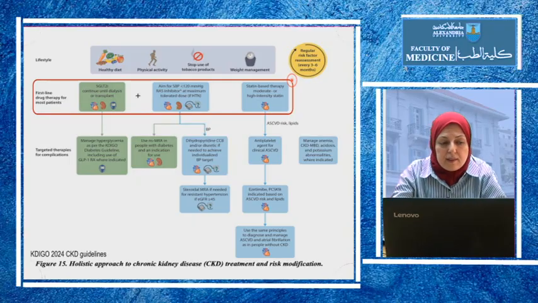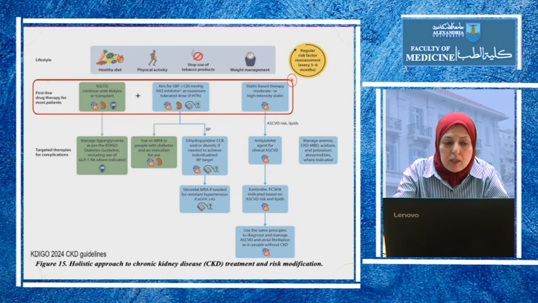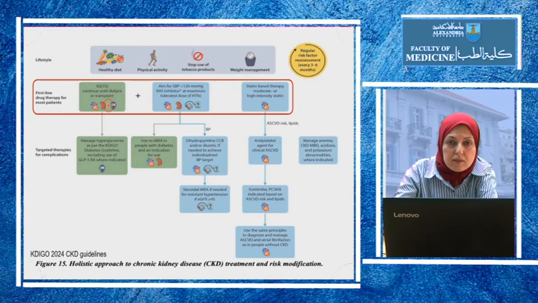And there are first-line therapies that most patients should be on, which are SGLT2 inhibitors, or sodium glucose cotransporter 2 inhibitors. They should be continued until dialysis or transplantation is safe, but they should not be started if the GFR is below 20. They have cardiovascular and renal benefit, and if the patient is diabetic, they can also help in controlling his diabetes. But even if he's not diabetic, they are indicated to lower proteinuria.